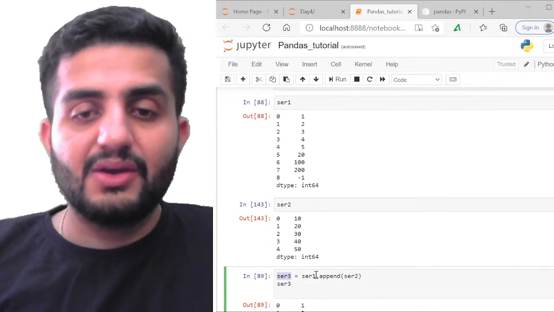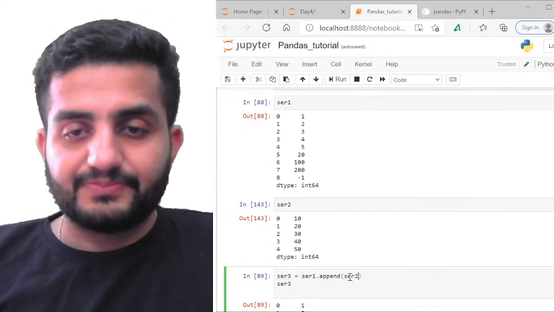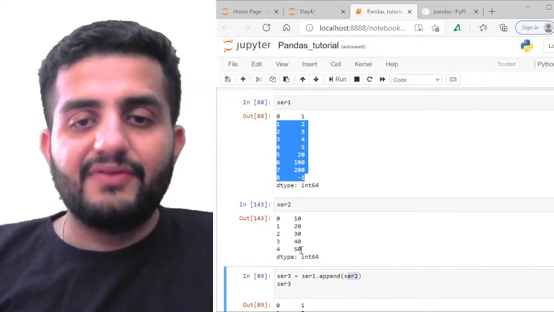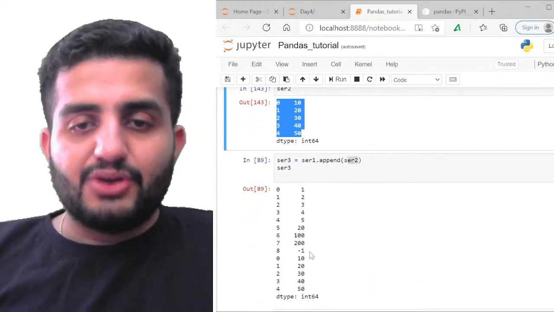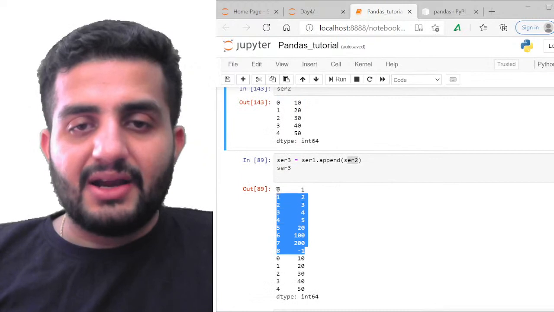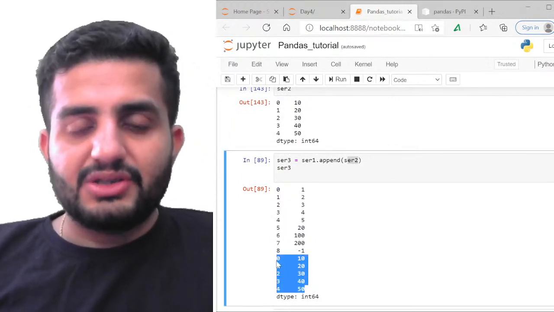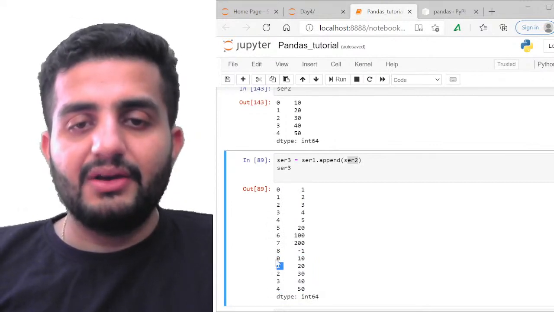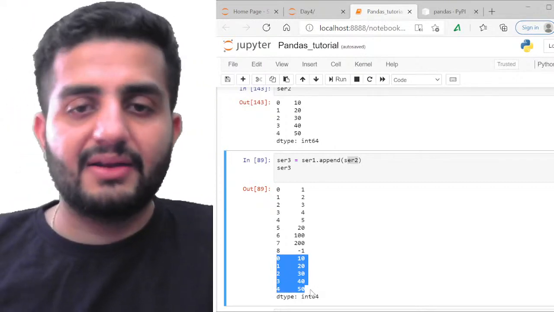So series 1 के ऊपर आप append कर रहे हो, series 1 dot append series 2. ठीक है? So basically पहले ये आएगा and then फिर ये आएगा, correct? तो understood है? हम वो देख लेते हैं. So हमारा 8th इंडेक्स तक यहाँ पे सही आ रहा है, and then इसके बाद वापस से एक नया सीरीज चालू हो गया है ना? तो 0 से वापस चालू हो गया, ये 0 1 2 3 4. So you are adding a new data point here. So new series here, correct? Append में ये आपने add कर दिया.